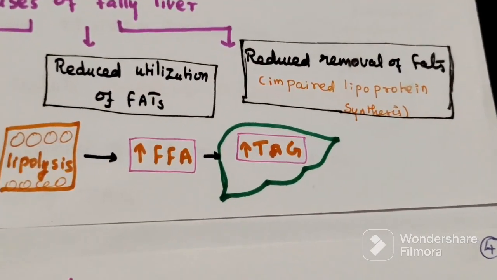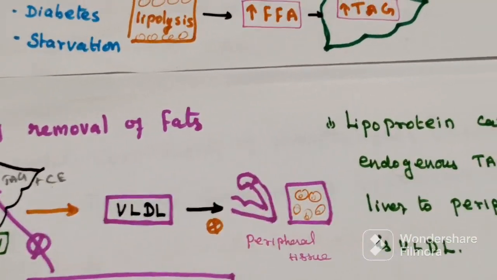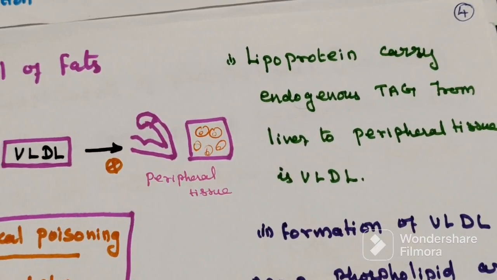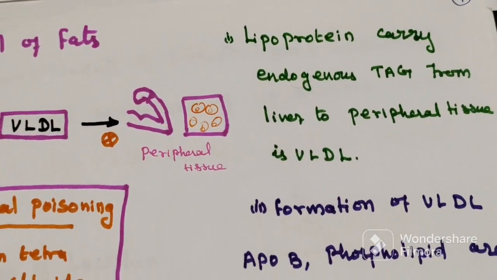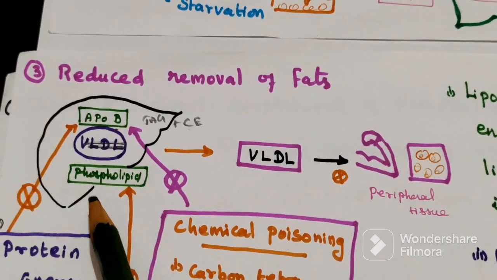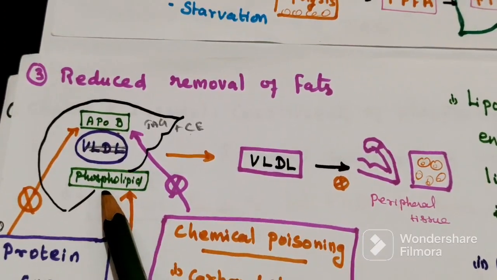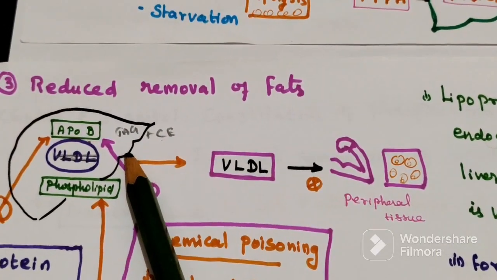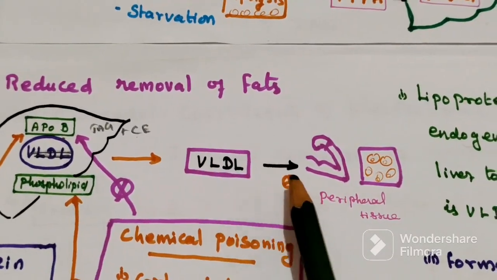Third condition, reduced removal of fat. The lipoprotein which carries endogenous triglyceride from liver to peripheral tissue is VLDL, and for the formation of VLDL, apoprotein and phospholipid are required. After VLDL formation, this VLDL carries the triacylglycerol from the liver to